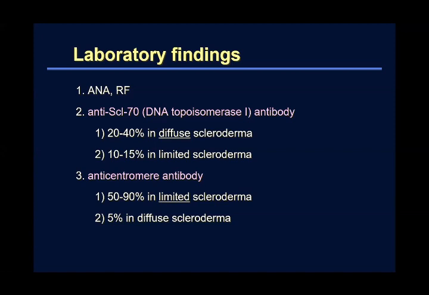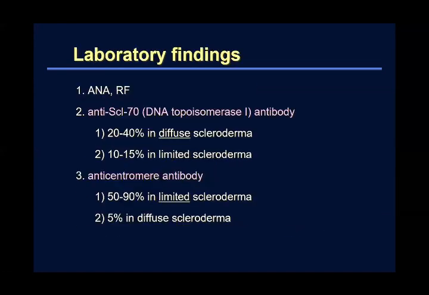So you suspect the disease, and what investigations will you ask for in patients suspected to have scleroderma? The hallmark is ANA. ANA is positive in almost all patients with diffuse scleroderma. Rheumatoid factor is sometimes positive in 30 to 40% of patients. Anti-Scl70 is an antibody which has a bad prognosis. Anti-centromere antibody is